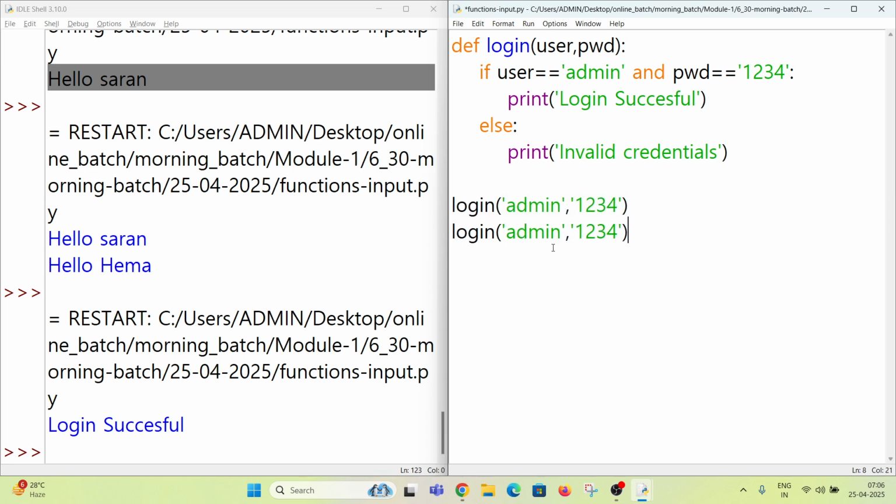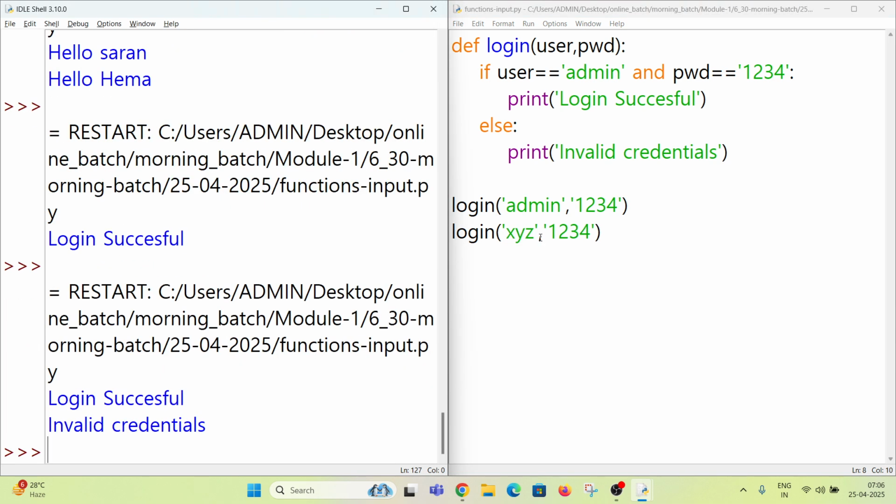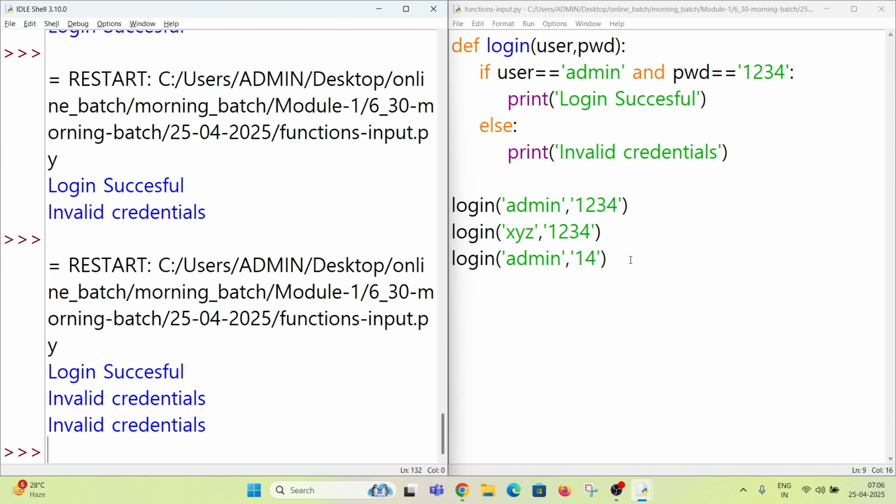If I change the username to something else, it will print invalid credentials. In the same way, if I change the password to something like 14, it will also print invalid credentials, because these arguments are passed to this function and stored in parameters: admin is stored in user and 1234 is stored in password. If we reverse this,